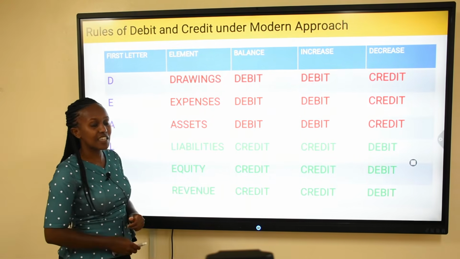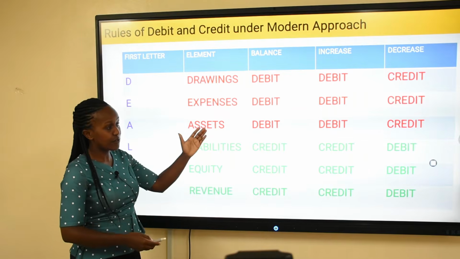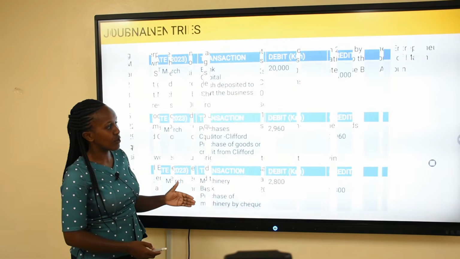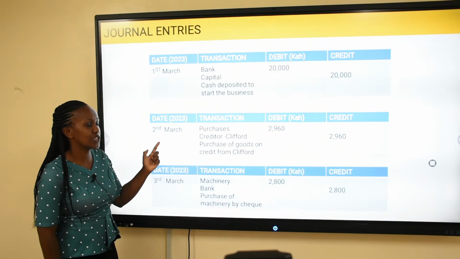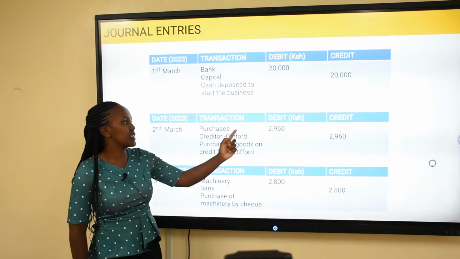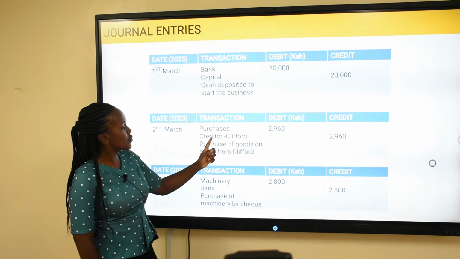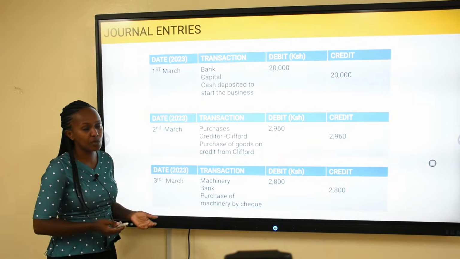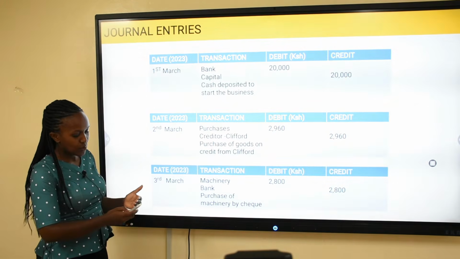So you can see that in every transaction there is a debit and a credit. And from these rules you are able to tell which account to debit and which account to credit. So this brings us to this, that on 2nd March, the account to be debited is purchases, which is an expense, and the account to be credited is Clifford, who is a creditor or an obligation to us. We have to pay in the future. I hope so far you understand. So we can also